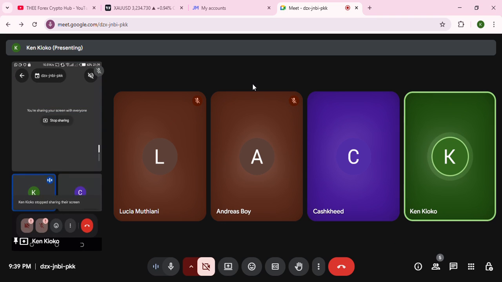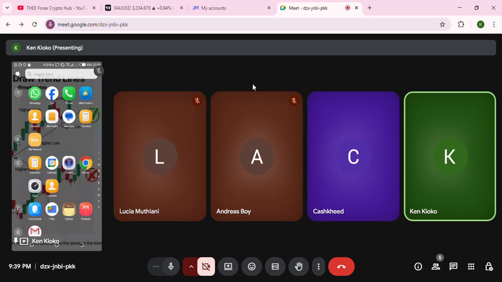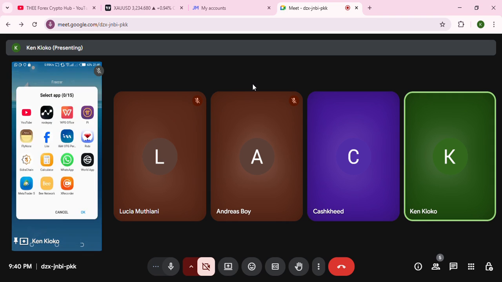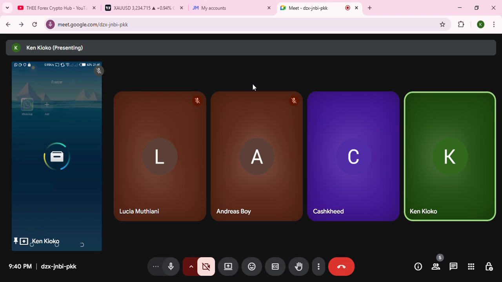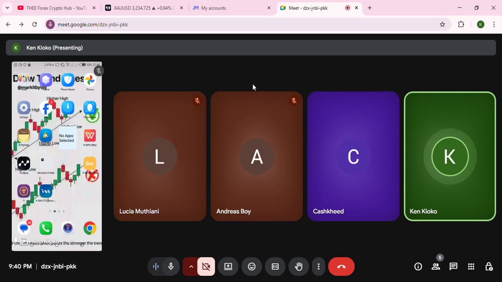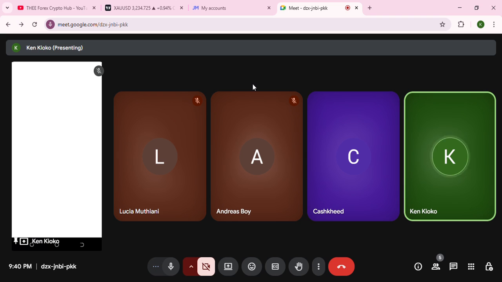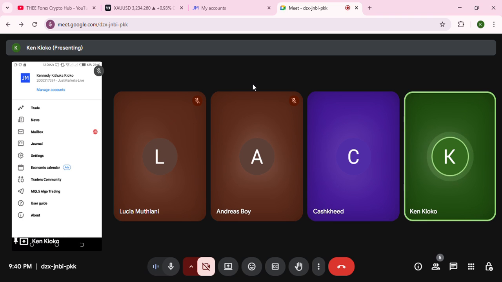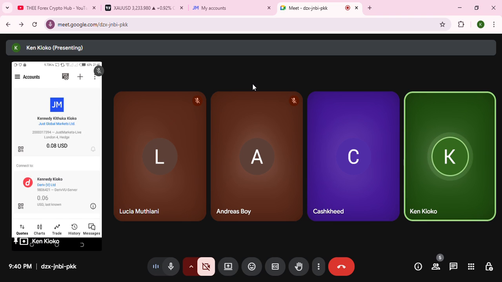So now I'll add to the MetaTrader. That is now MetaTrader 5. I'll add straight to MetaTrader 5. So in your MetaTrader 5, this is how it's going to look up there. So you click on the plus,